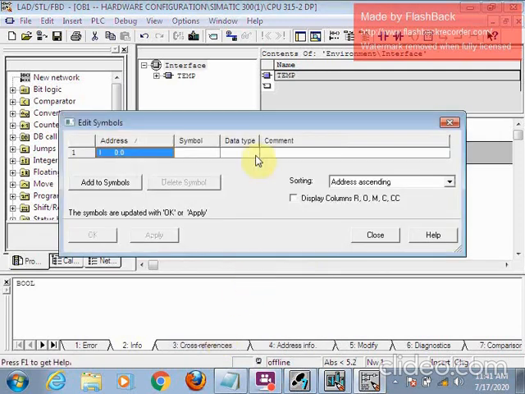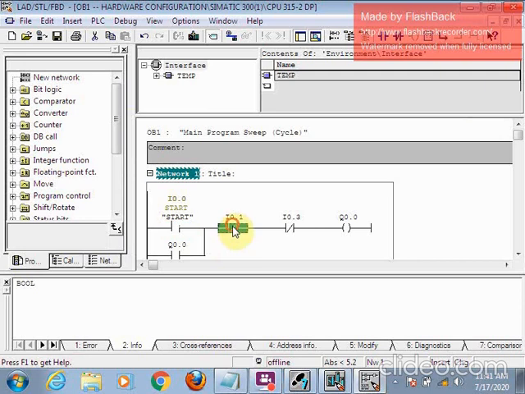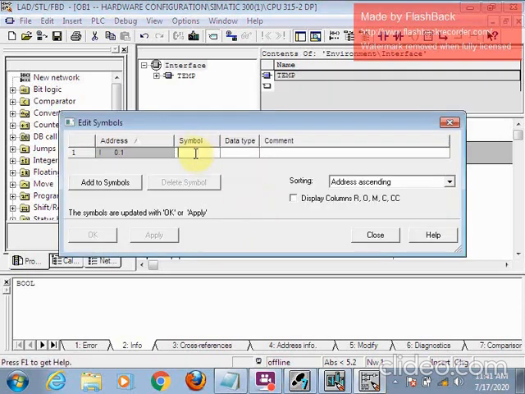We can also give it comments like I 0.0 is start, I 0.1 is stop.